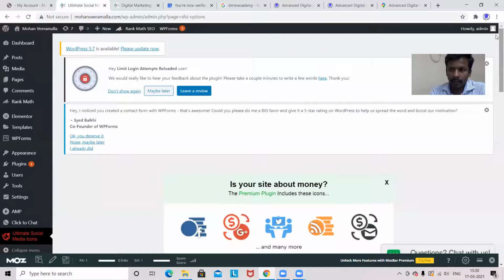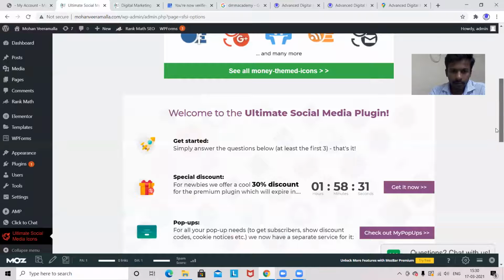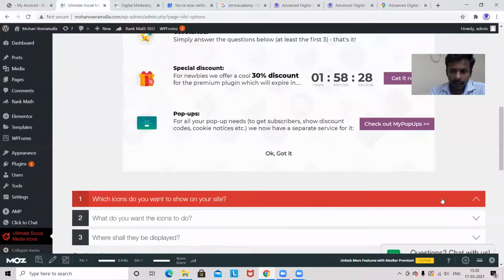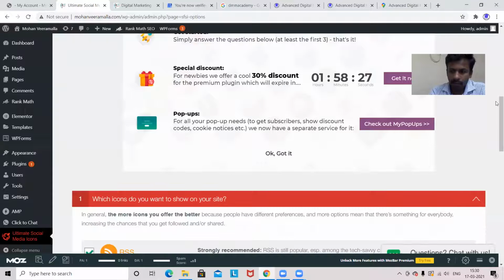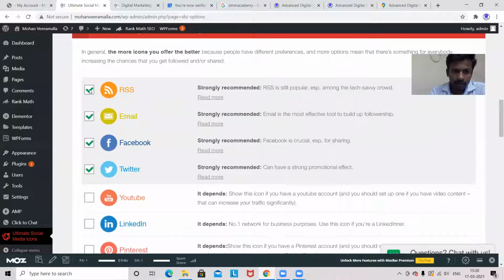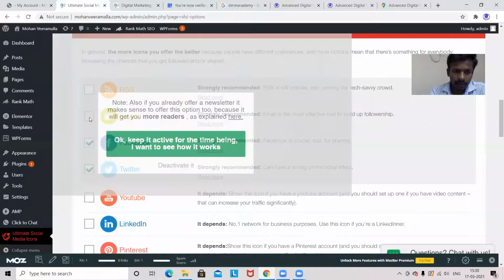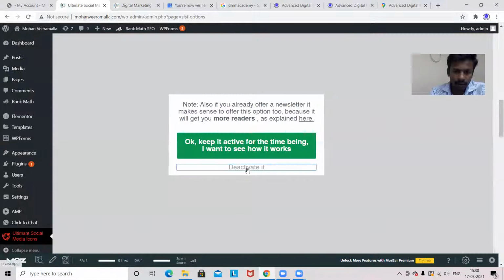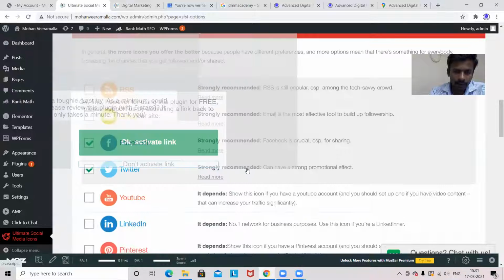Still taking some time here. So I'll scroll down. Which icons do I want to show? RSS I don't want, email I don't want, deactivate.